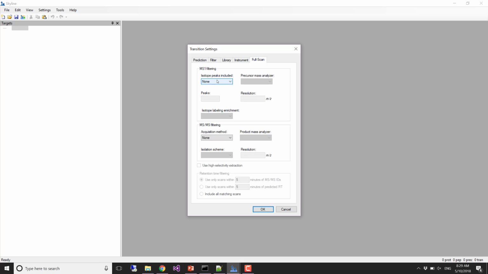Okay, so let's set this up now. We're going to do MS1 filtering. And now, we added this centroided mode, and now it's our default. And I would say that in a lot of cases, certainly with Thermo data and definitely Thermo and Bruker data, I would recommend centroided. But we're going to